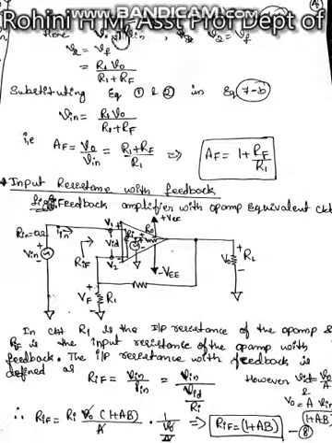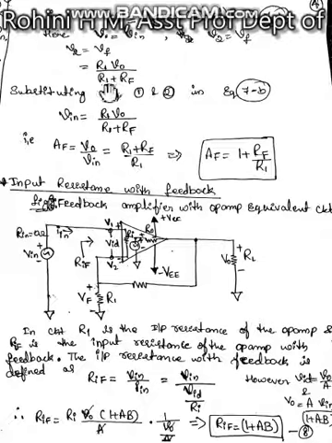So that is V1 is equal to V2, because we know V1 is the voltage at one terminal of the op amp and V2 is the voltage at the other terminal of the op amp. So the difference in voltage between V1 and V2 is 0, which means V1 must be equal to V2 ideally. Hence V1 is V in voltage, whereas V2 is the feedback voltage Vf. Okay, so therefore V2 is equal to Vf. So what is Vf? We will substitute. Vf from the voltage divider rule, we can write as R1 divided by R1 plus Rf into Vout.